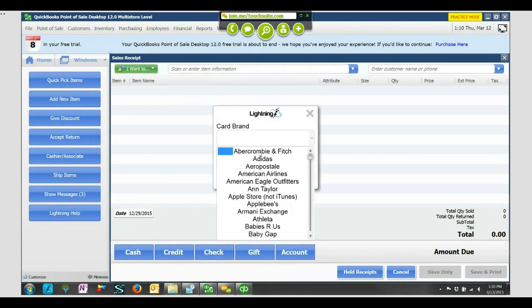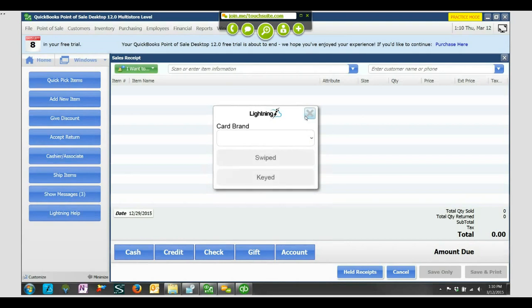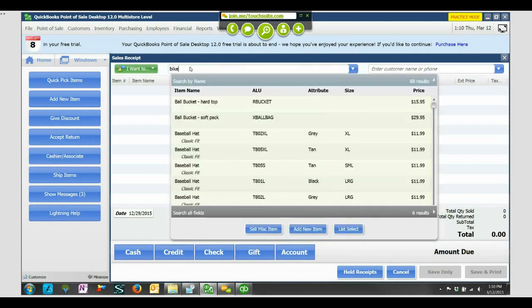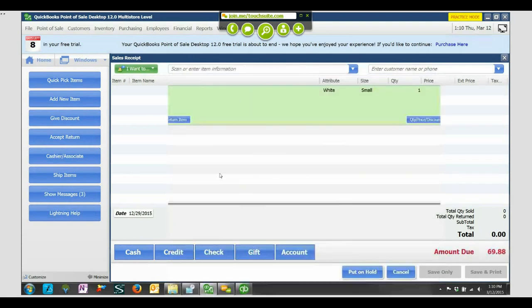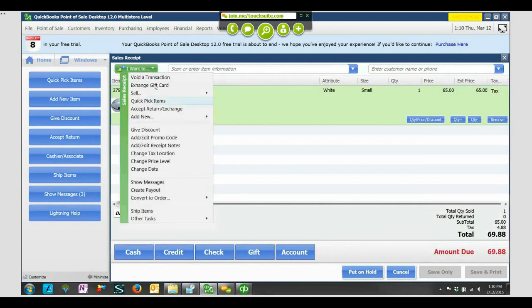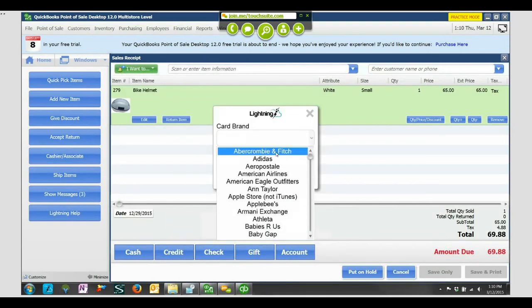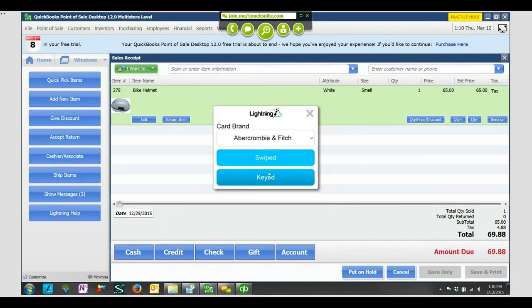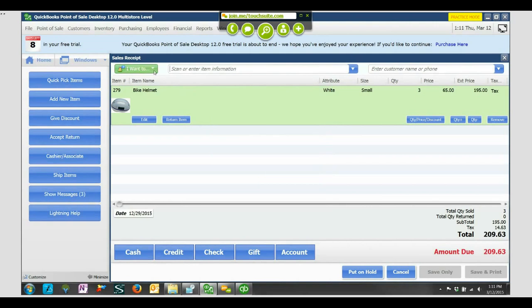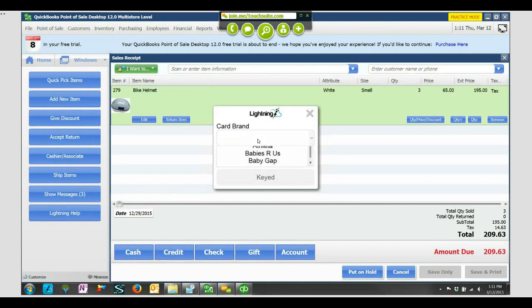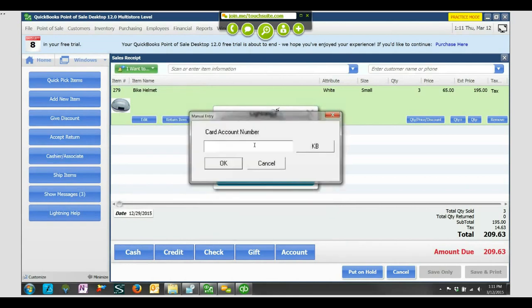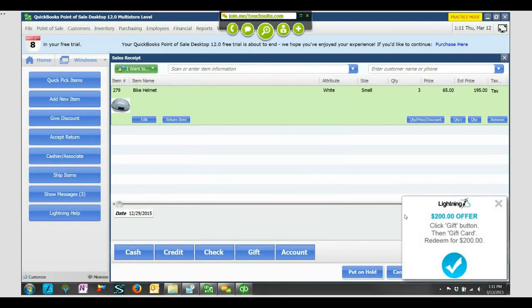So if I go in here, for example, and say, okay, let me do this a better way for us. So we're going to say we're going to buy a bike helmet for $65. And then this person says, hey, I've got an Abercrombie and Fitch gift card. Will you accept that? So they basically can come in here and say, okay, I bought $209 worth of products. I'm going to use the gift card exchange for Abercrombie. And at that point, it's just like a form of currency, essentially.